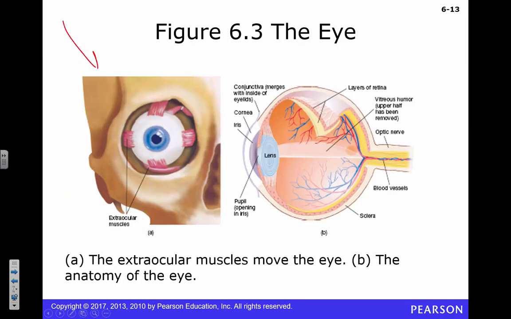But look at that, there's an eye. You've got muscles that move your eyes. That's exciting. And that's about all we're going to think about that. We might talk about a couple other things, but that's it. So here's your eye, it's cut in half. That sounds like that's going to be really pleasant.